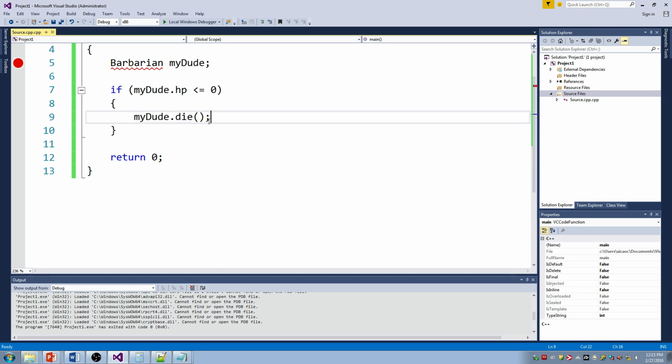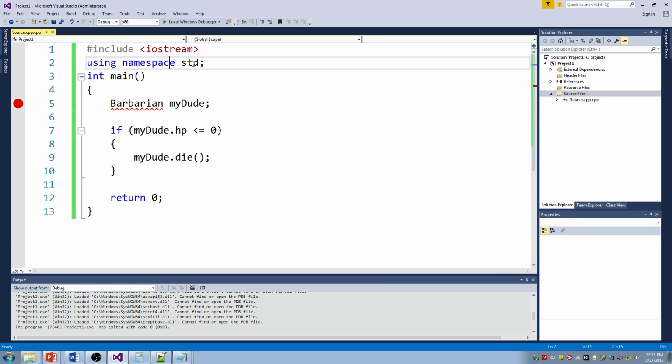So we are going to make our own types very soon. We're actually going to go through and make barbarians and whatever types that we need. Just for now, I'm just showing you guys an example of if something like this already existed, that's how you would do it. Okay? And if I wanted to get rid of this,